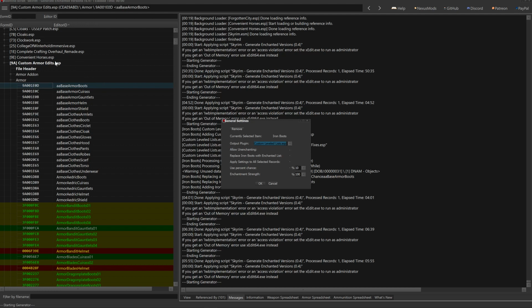It means that the ESP that this outputs to has to be at the bottom of your load order, below the item, below the mod that the item comes from, and all other enchantment mods. So, highly recommend that you leave that be. But if you would like to output it, you know what you're doing, then you can just edit this box, and it will output to that plugin. And if a plugin doesn't exist by that name, whatever name you've input into this box, it will create a